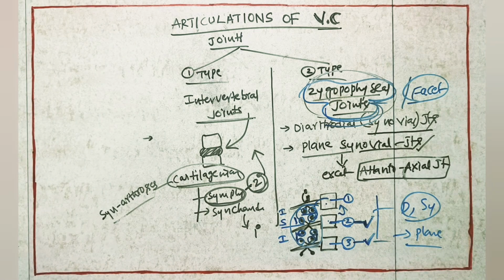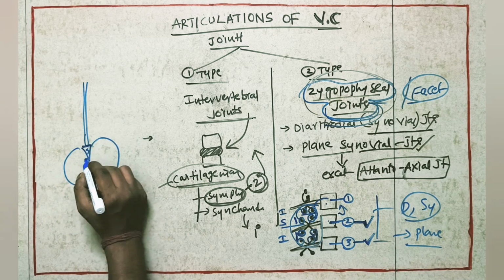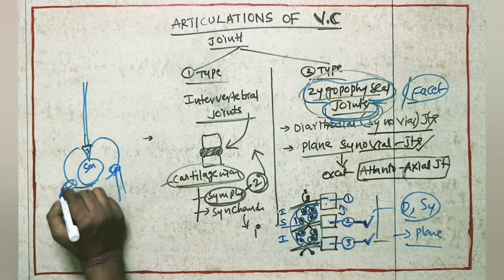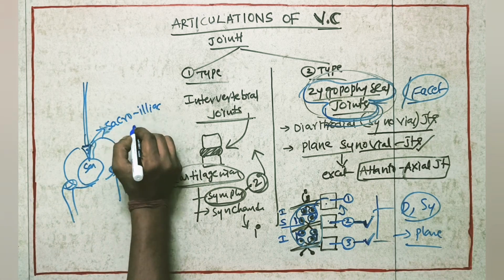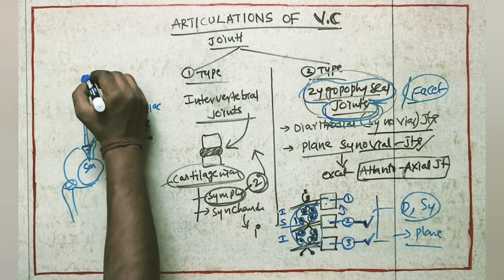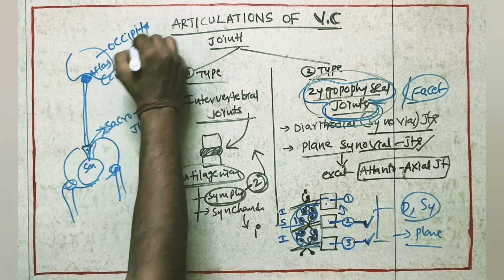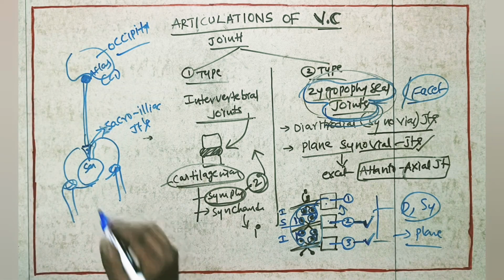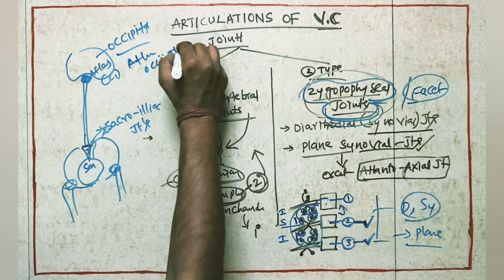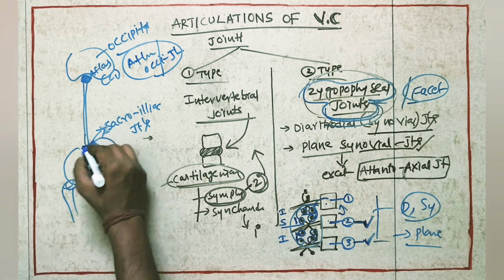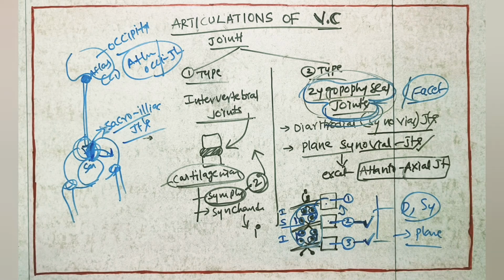Other than this, the vertebral column connects downward. This is the sacrum. The sacrum is going to connect to the hip bone, and from here we get the femur. This joint is the sacroiliac joint. If we see the top, the atlas will be there. Atlas is nothing but the first cervical vertebra. Atlas is going to articulate with the occipital bone. So these are the top and bottom joints of the vertebral column. The top joint is the atlanto-occipital joint. The last joint down is the sacroiliac joint, which connects the vertebral column to the hip bone. So these are the articulations of the vertebral column.